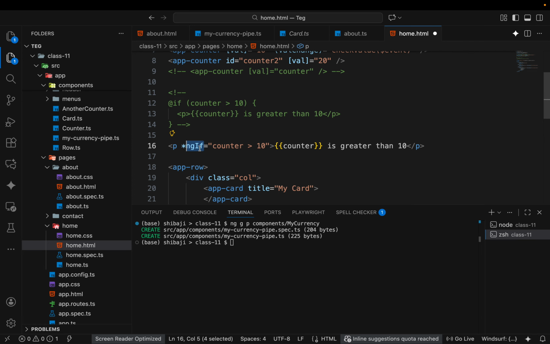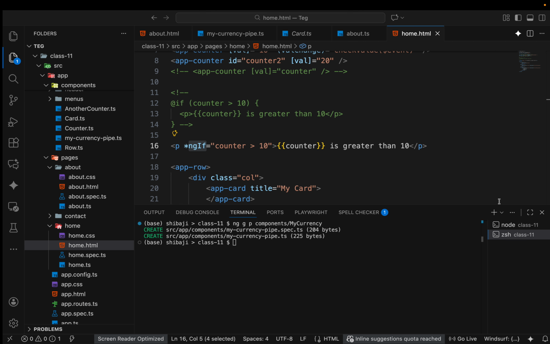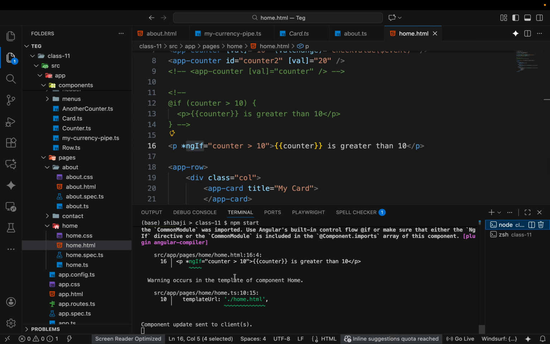This is also another thing called directives, and when I use it with a star, it is used as a structural directive. Right now I get some problem because if I use ngIf, ngIf is a different type